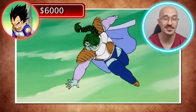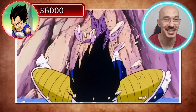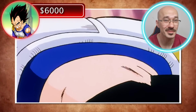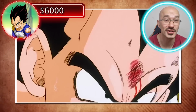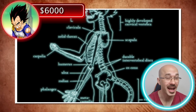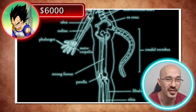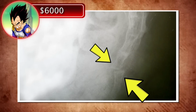Okay, so Vegeta's back has had to take the brunt of the force with being pushed through this mountain here. Fortunately, he's wearing his Saiyan armor, but the one area that's a bit more vulnerable and less protected is his tailbone, otherwise known as his coccyx. Now, I know that Saiyans actually have a tail in their normal anatomy, and falling from this height, you've got to be worried about a fracture to this bone. So we'd have to get an x-ray of this area, which is going to come in at a cost of